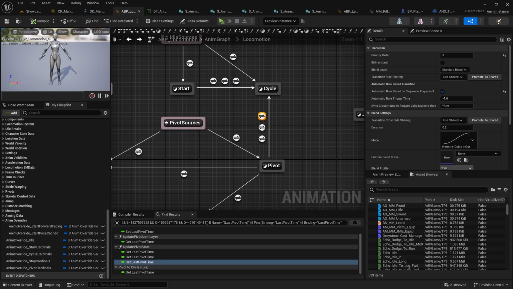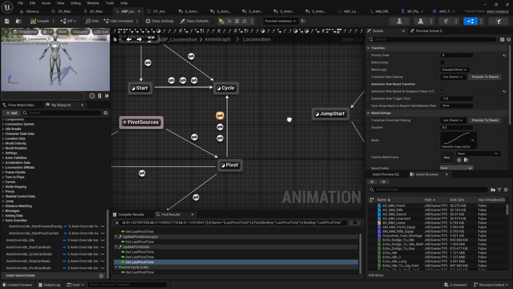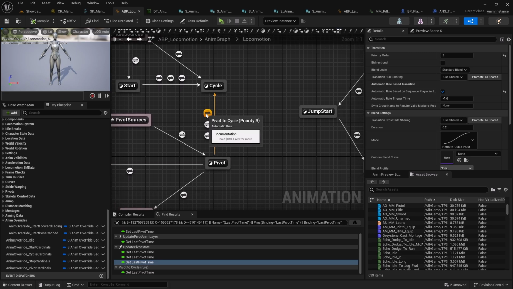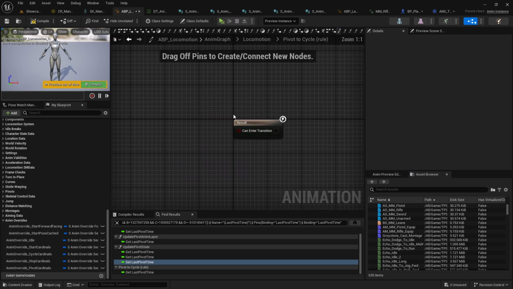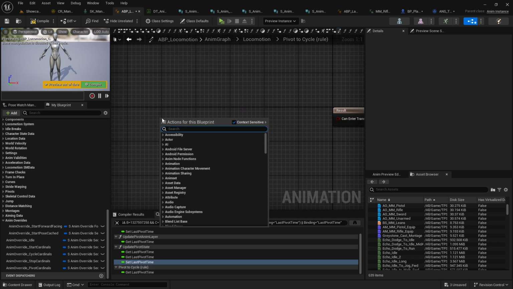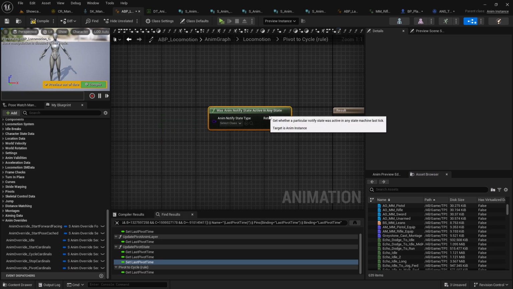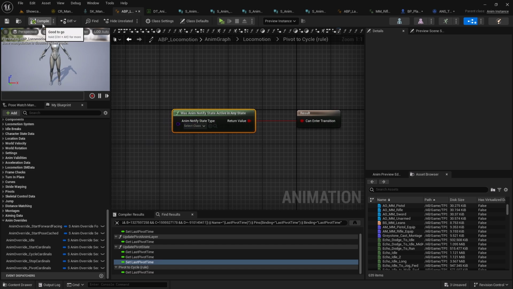And instead of this automatic rule based transition, let's mark it as not automatic, and then let's go inside of it and let's use Was Anim Notify State Active to win source state. This one, compile,